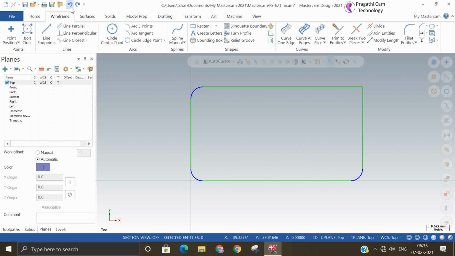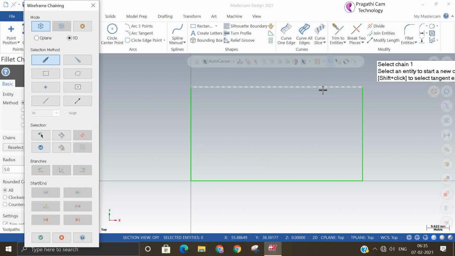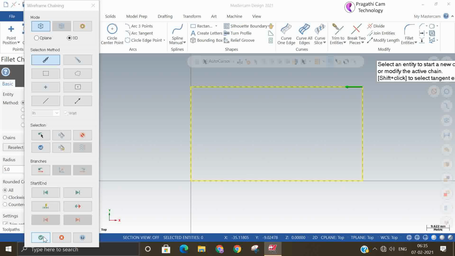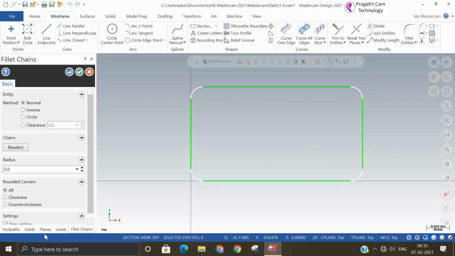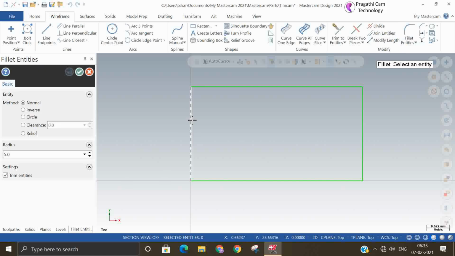I am just doing undo now. So for fillet, one more option is called chain filleting. It means that in one shot it will make all the fillets together. But here it will make the same radius fillet in all areas. In the previous method, since you select individually, you can give different fillet radii.